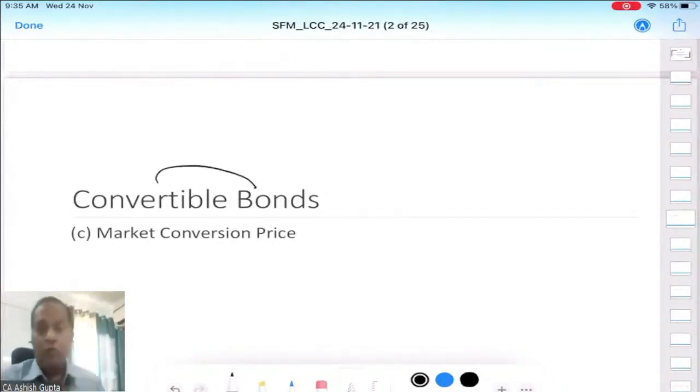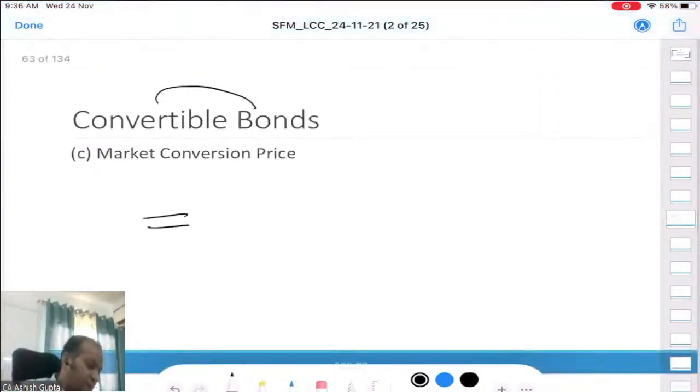You buy the bonds from the market and get them converted into equity shares. The price that it costs you is called the market conversion price. Simple logic: I am paying some price for the convertible debenture